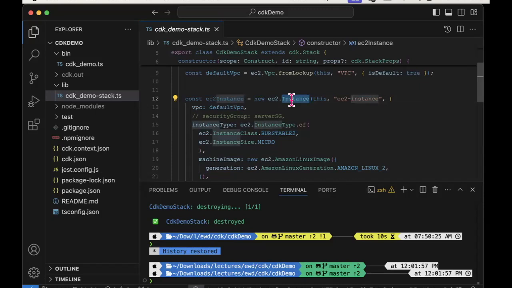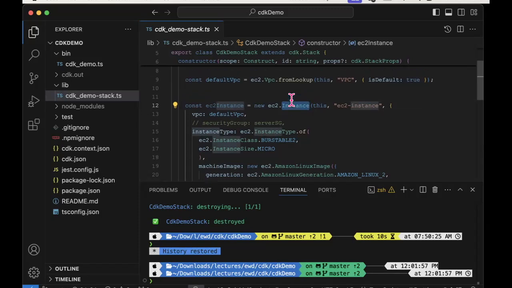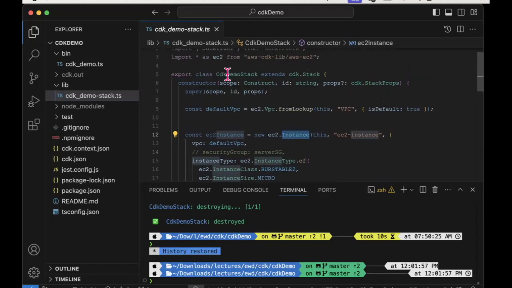So this is going to create an EC2 instance. Now you must attach or associate that instance with a stack, even though you might think, well, why does it not automatically assume that it's part of this stack here? And the answer is no. So this argument that I'm passing is essentially referring to the stack. I want to associate the EC2 instance that is going to be created with the current stack, if you like. The second argument is just an arbitrary identifier, or label, if you like, that you want to attach to the EC2 instance.